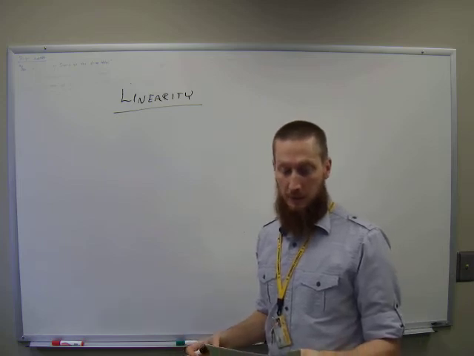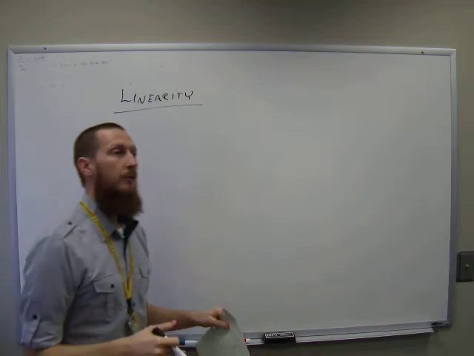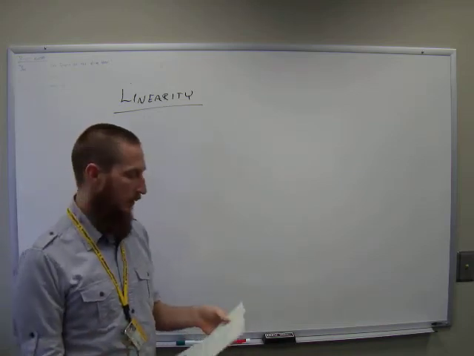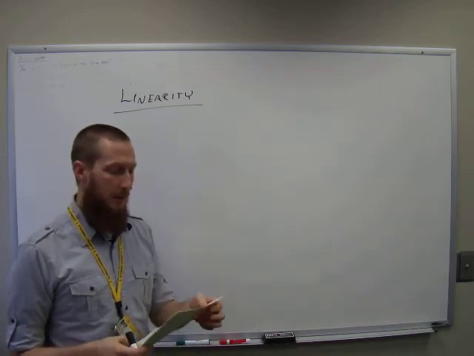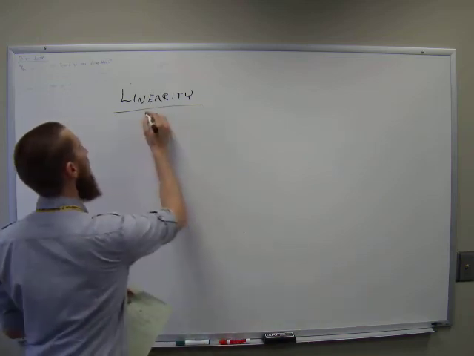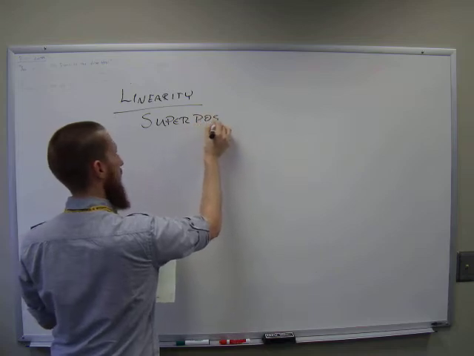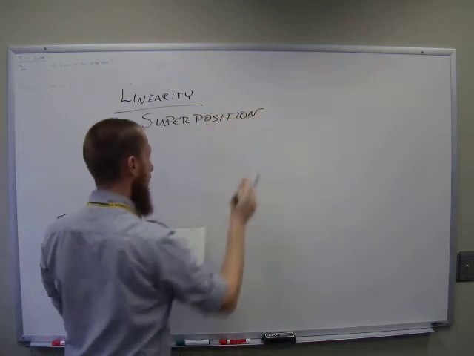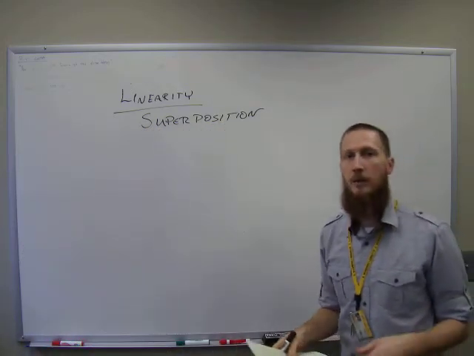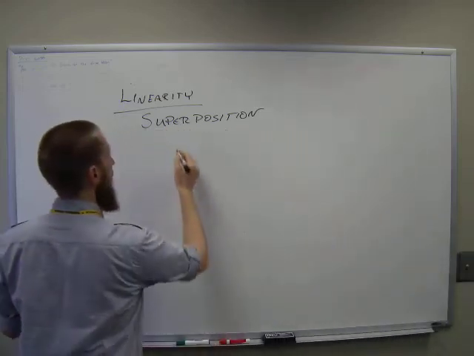So the next thing we're going to talk about is linearity of systems. A system is linear in a little bit different terms than a function. The main thing about system linearity is the property of superposition. If superposition is found to be true, then the system is linear. So superposition has two parts: